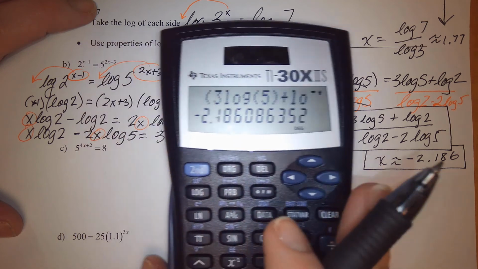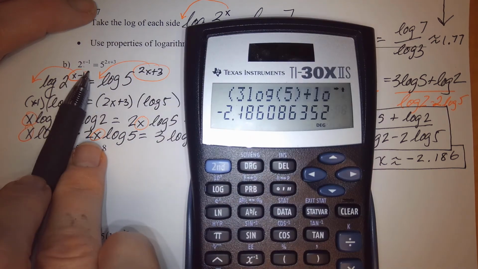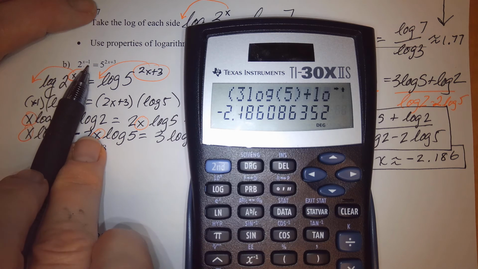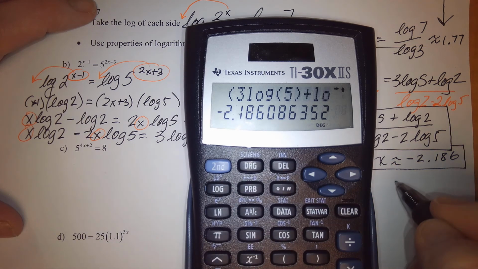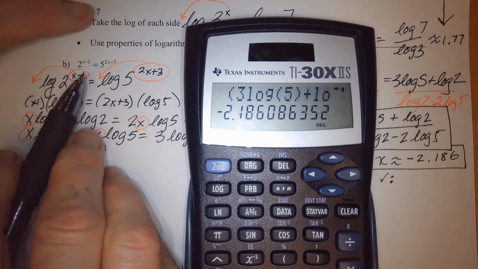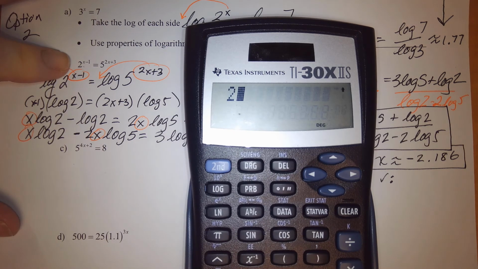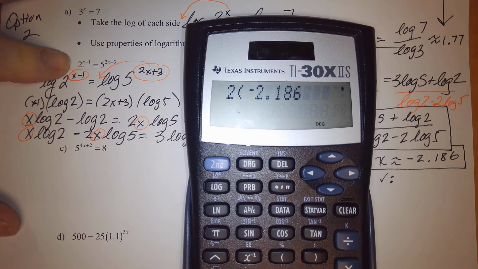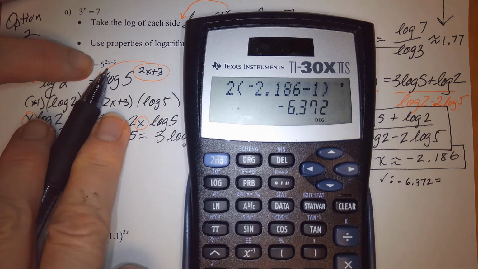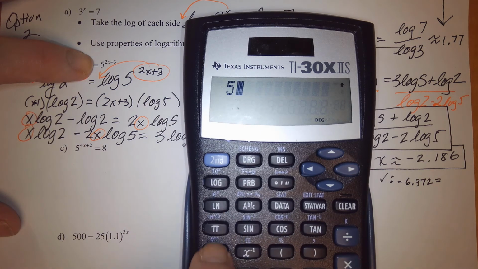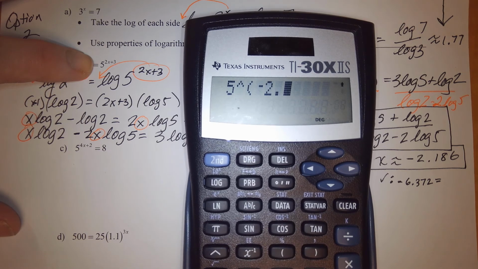That number we can use to check to see whether this is a correct statement. So on the left side, we'll do 2 to this power. On the right side, we'll do 5 to this power. And if those two sides are equal, then we know we've checked it. So let's go ahead and do the check. On the left side, I'll have 2 to the power of negative 2.186 minus 1. So on the left side, we'll have negative 6.372. That should equal the right side, which is 5 to the power of negative 2.186